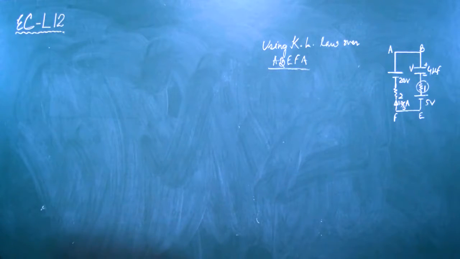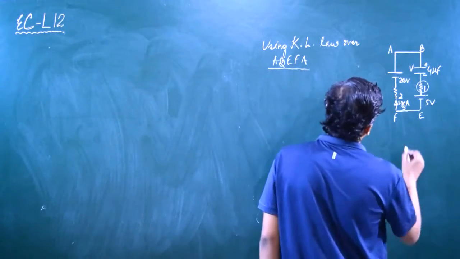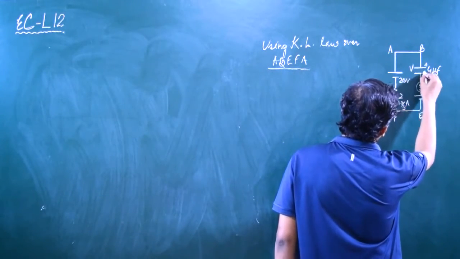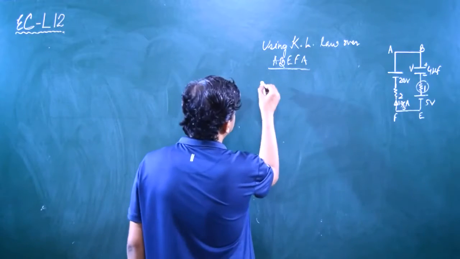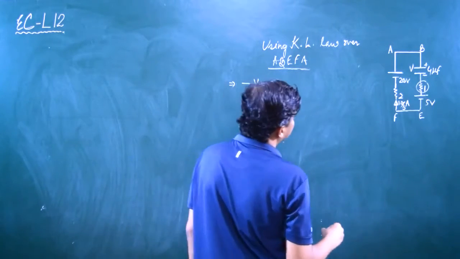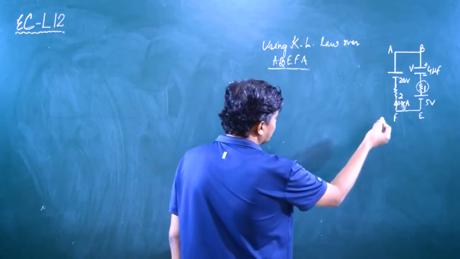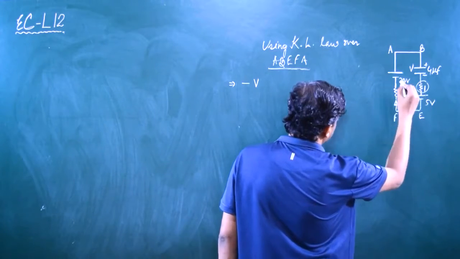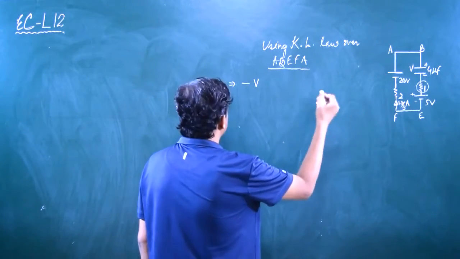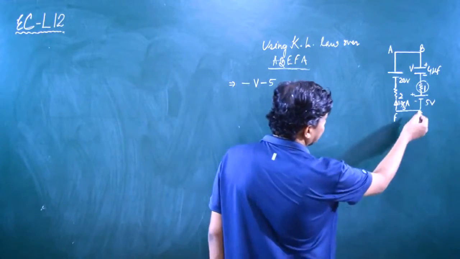Now B to E, we are coming from positive to the negative plate of the capacitor. That's why we have taken minus V. Okay, here current is 0, so IR is equal to 0. Now we are moving from positive to negative terminal of the cell, high to low, that will be minus 5. E to A, F, we have nothing.